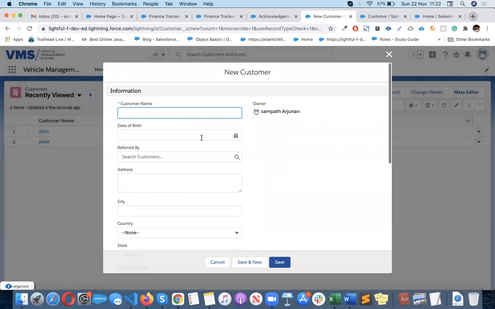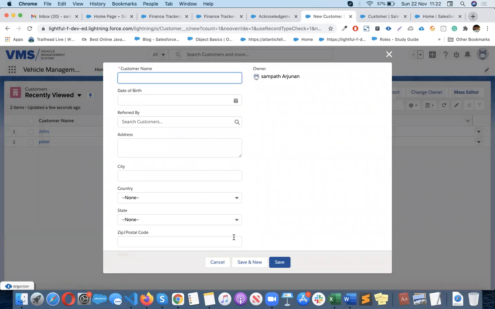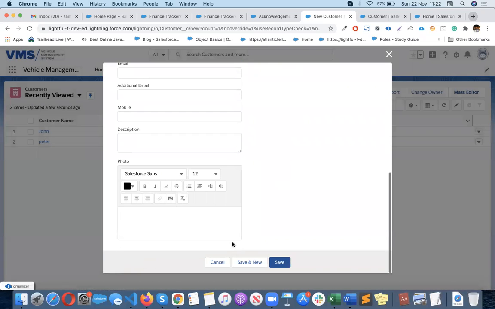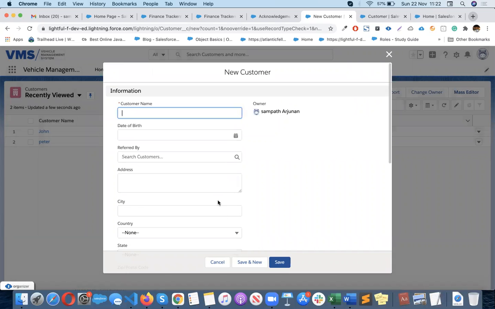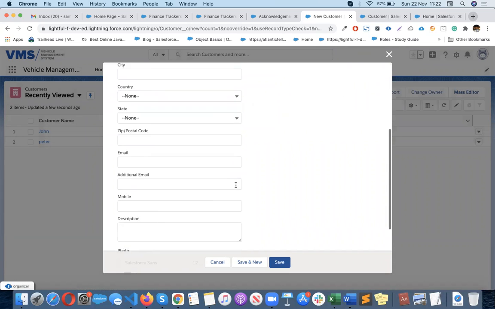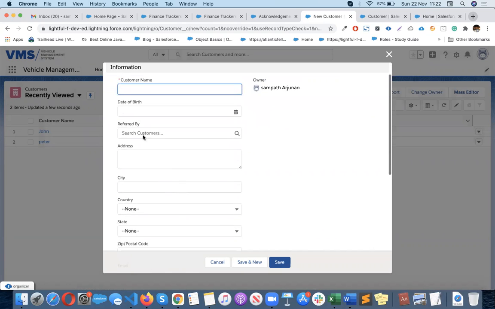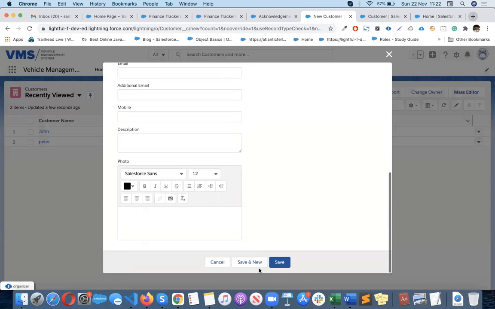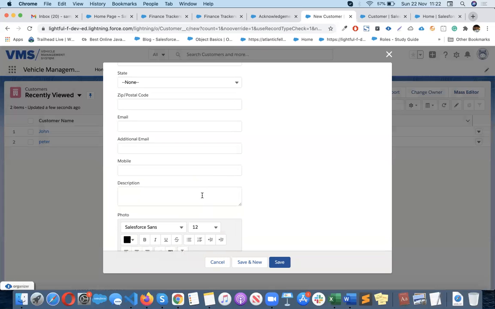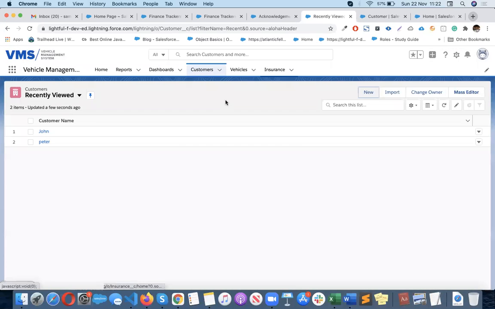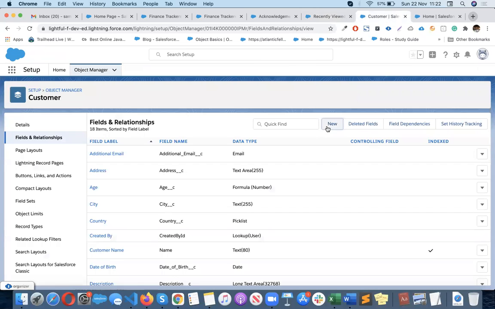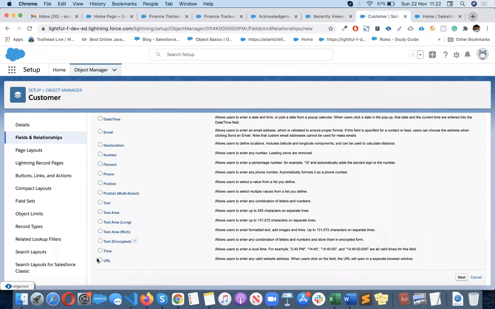Now, if you look at the page, the alignment is not that good, right? I want to order the fields, I want to put the proper order. So how do we do that? Maybe let's say I want 2 columns, or I need address information separately, personal information separately. So how do we customize the layout? And on top of that, I will go ahead with an additional social media link, which is just